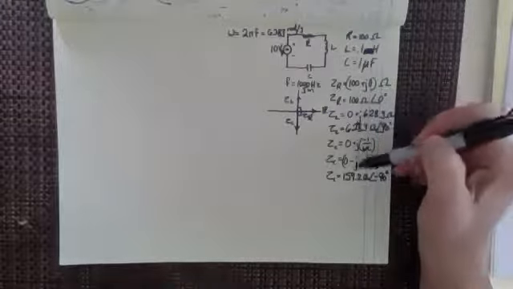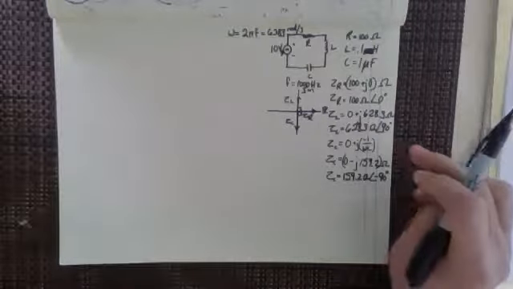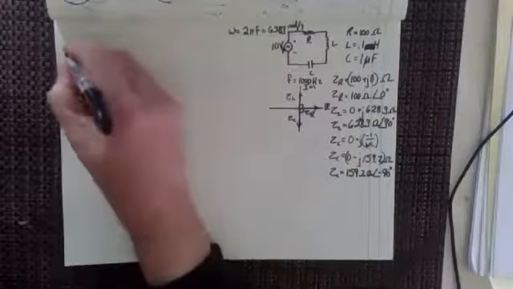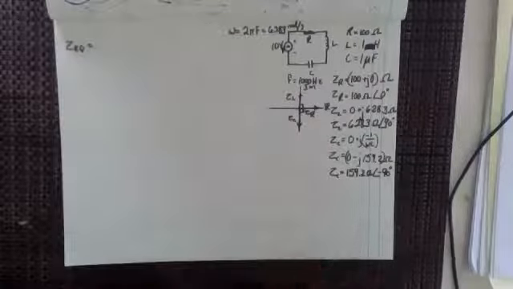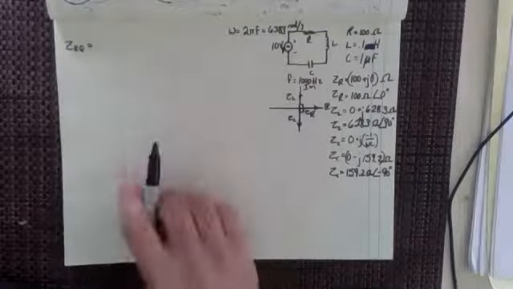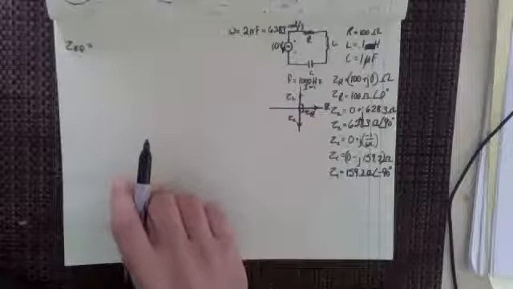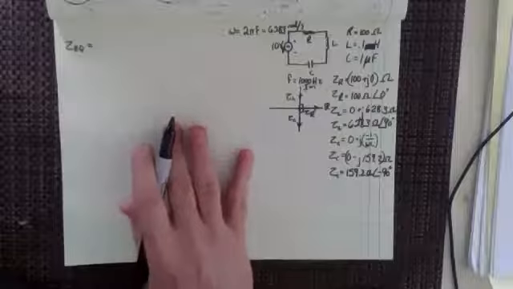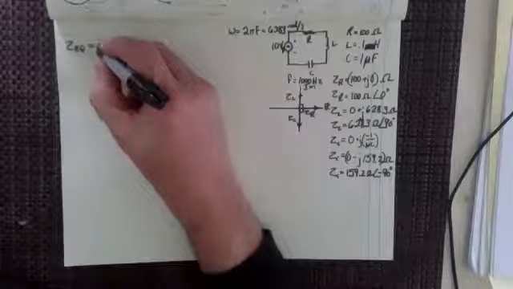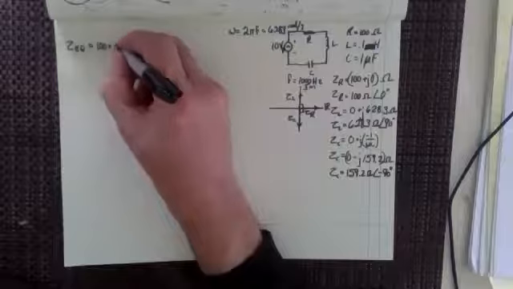So we've got Z sub R, Z sub L, and Z sub C all put together here. And let's add them up. That's basically what we're doing. We're trying to find the equivalent impedance, just like for the DC work, we were trying to find the equivalent resistance, right? So we're just going to add these three up. And of course, when we're adding, we want to use the rectilinear complex number notation, right? So I've got 100 plus J0